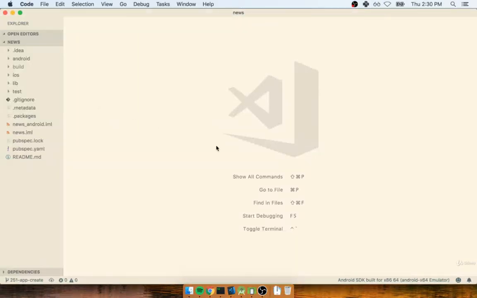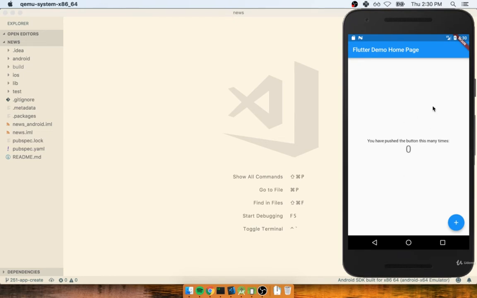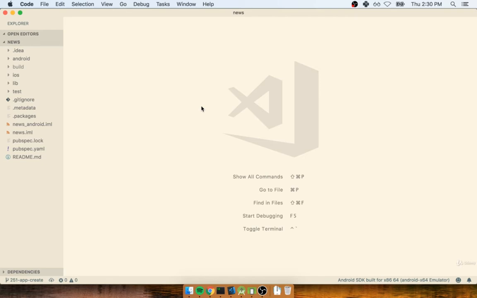All right, so at this point in time, you should have your code editor open, and hopefully you have your emulator running as well with our default application on the screen. In this section, we're going to talk about some of our initial approach to handling all this API data fetching. We'll then start to write just a tiny bit of code, and we'll continue in the next section with really